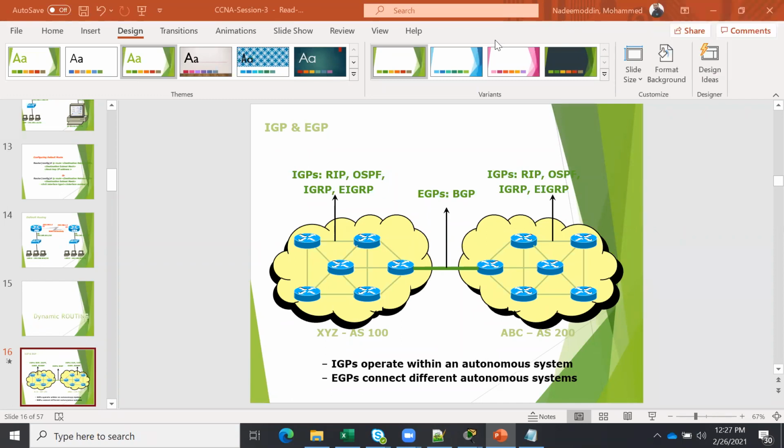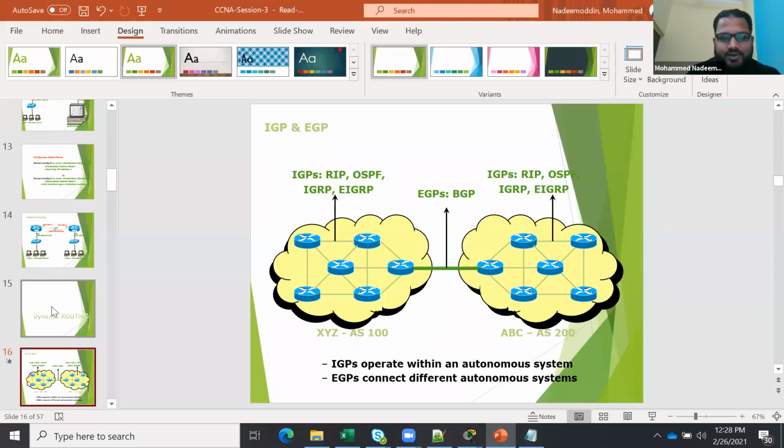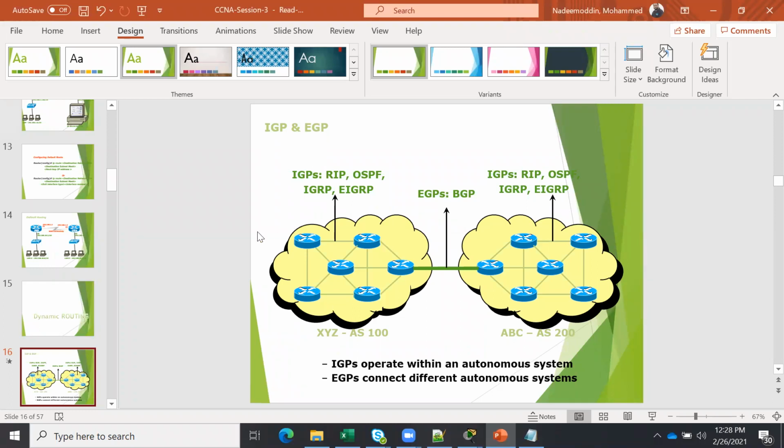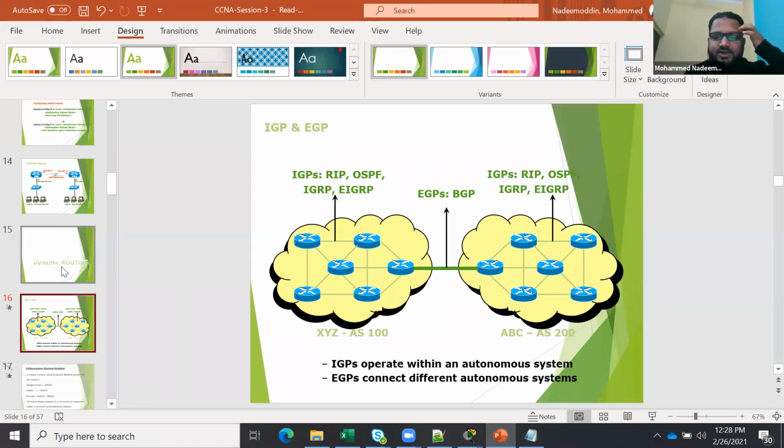Hello. Okay, we can continue. Our diagram is ready there, so we can just remove those static commands and use that. Let's move faster, because if you want the detailed lecture, as I told you, go to my YouTube channel, where I have detailed lectures for this. So okay, dynamic routing.